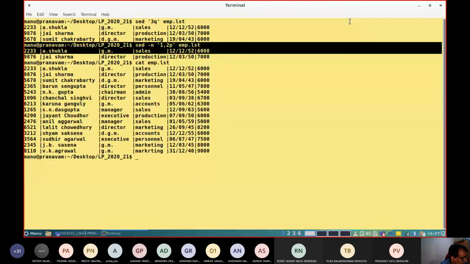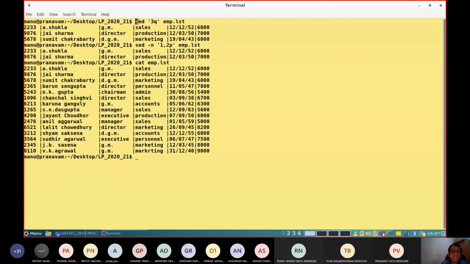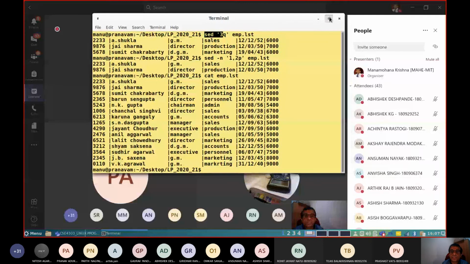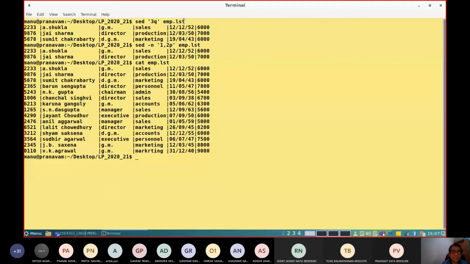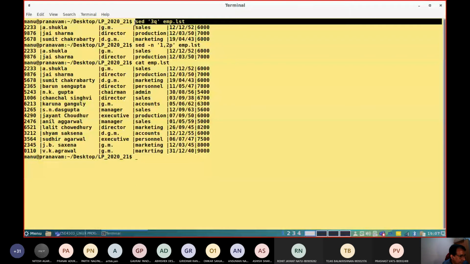The first command where you are using 3q, here the line addressing, the instruction 3q, whatever we wrote here in the first output, first sample, can be broken down to address 3 and the action q. 3 is the address, that stands for 3 lines, and q is the action: print those 3 lines and quit.